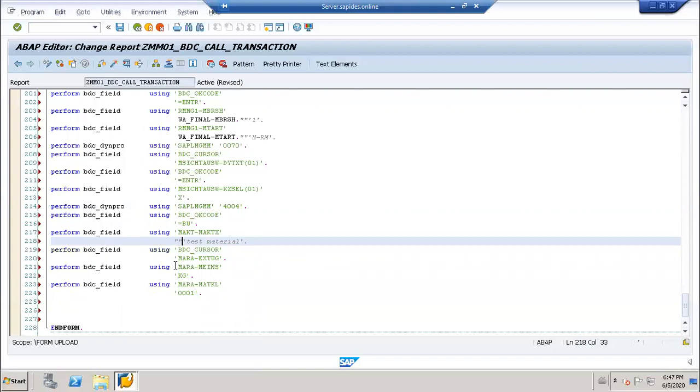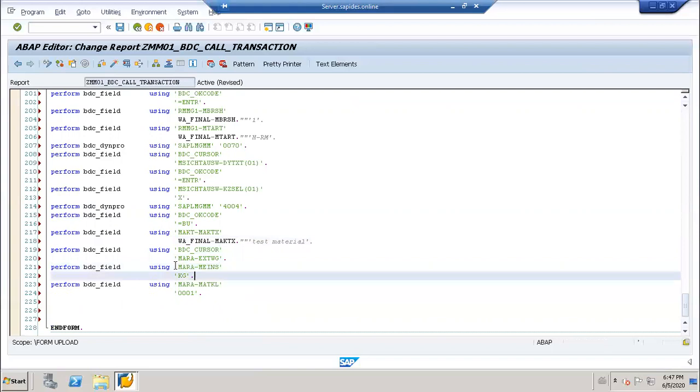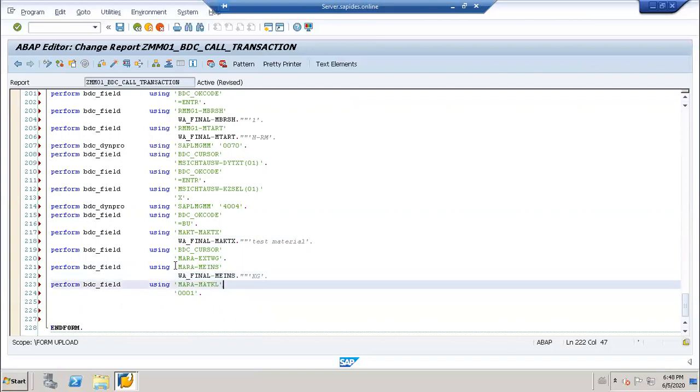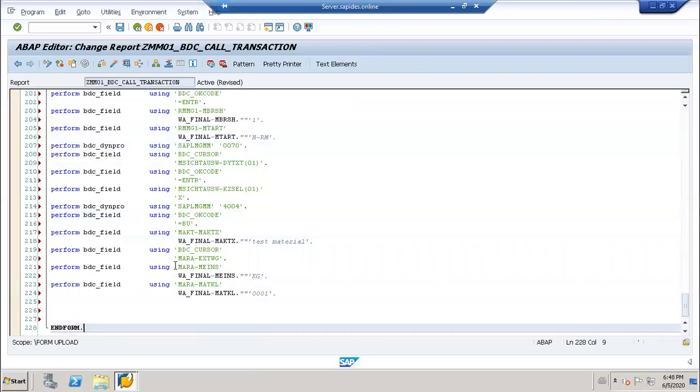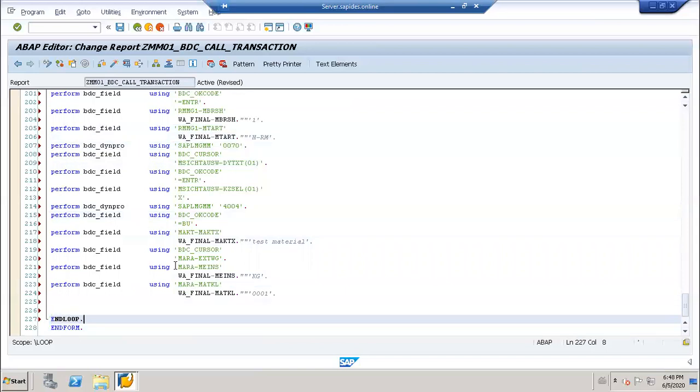So here, like this, and here at the end you have to use endloop.